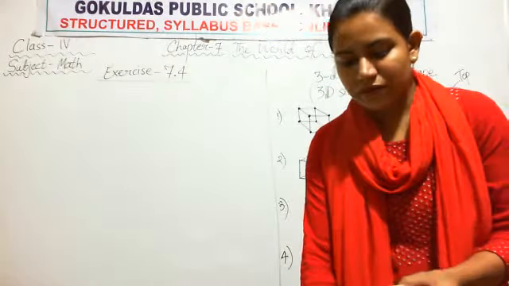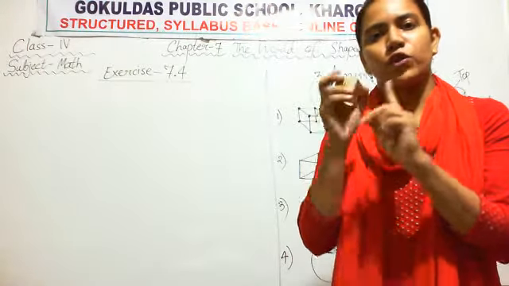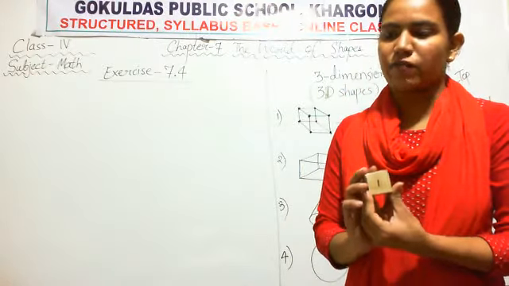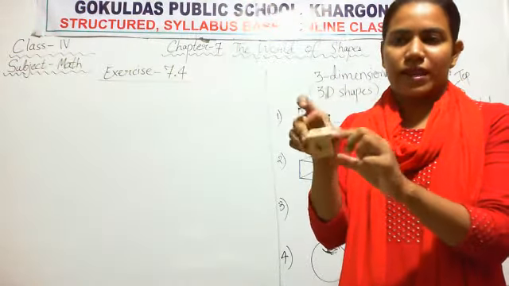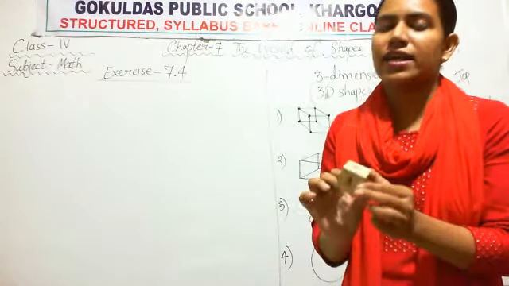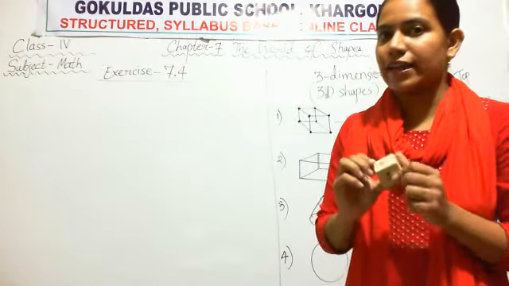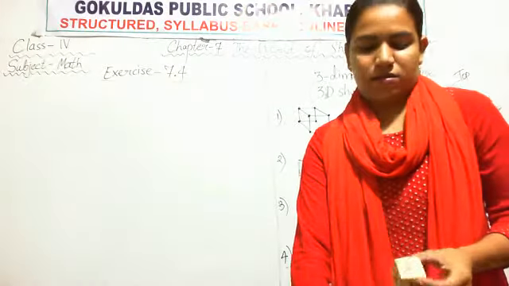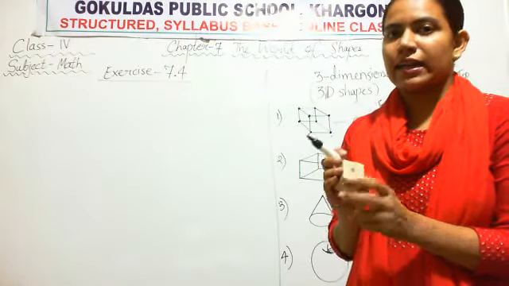Okay. Now observe, it has all faces same, all identical. If 2 things are same, we call them identical. So this cube has all the faces look same. So we call it, cube has 6 identical faces. Identical means same. So all the faces of the cube are same. We call it identical faces.